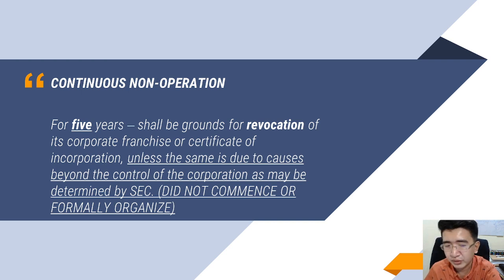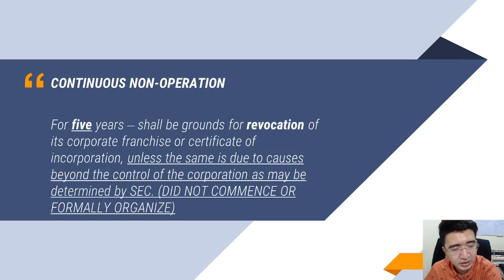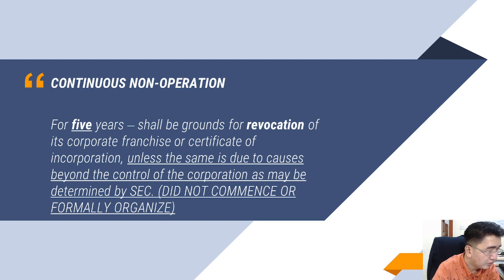Then we have the provision for continuous non-operation. We have to distinguish this from a delinquent corporation. Kapag continuous non-operation kasi, ibig sabihin, from the start, it did not commence or formally organize. Ibig sabihin, from the start up to 5 years, it did not commence or formally organize yung corporation. It will be revoked. The certificate of incorporation shall be revoked. Okay? Unless